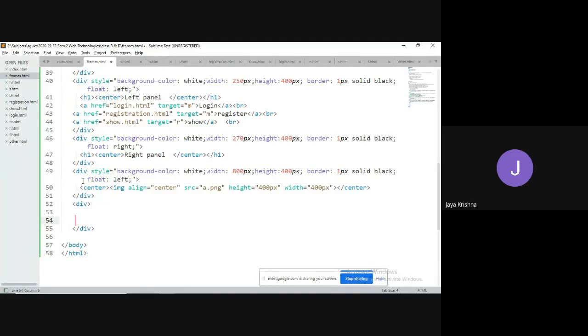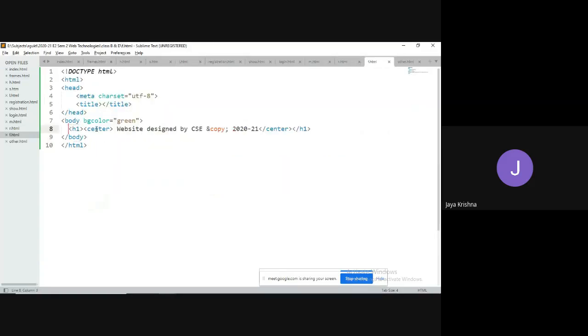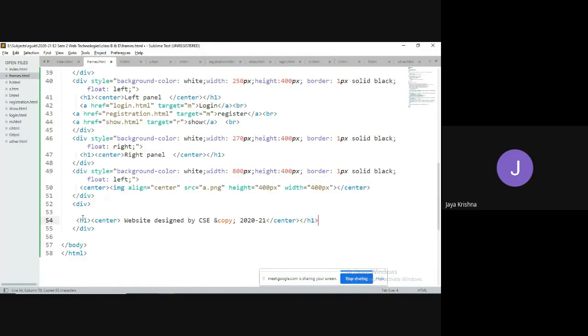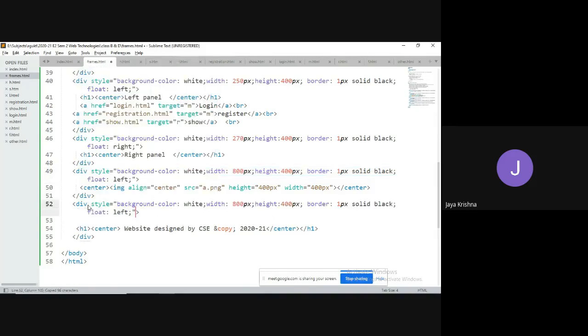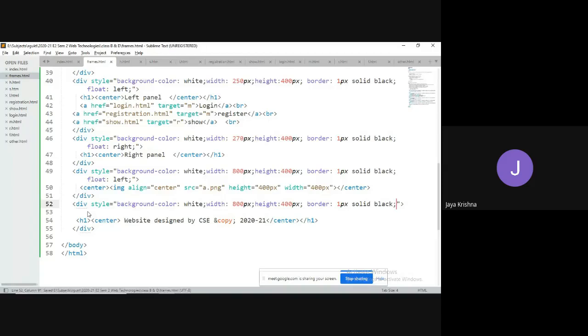For example, I would like to have a footer section. Where is the footer? I need not take any float because it will automatically come to the next line. Its width is 100%. What about the height?